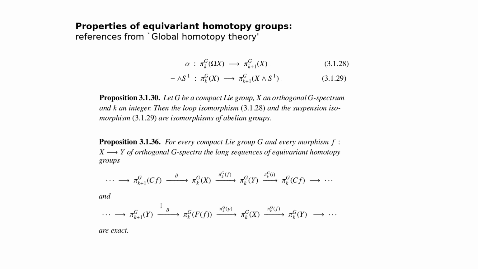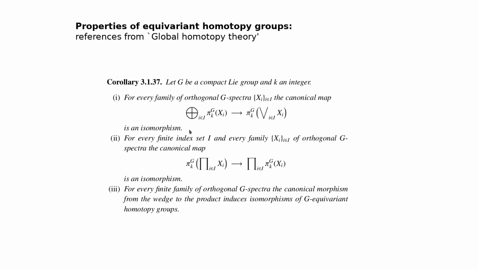The next property that I will often need is that if you have a morphism between orthogonal G spectra, then you can define both a mapping cone and a homotopy fiber by doing the space level constructions object-wise, or you really do them naturally in the functor. There are specific connecting homomorphisms or boundary maps that drop the Z grading by 1, that connect the homotopy groups of the mapping cone in one case and the homotopy groups of the homotopy fiber in the other case, with the homotopy groups of the input spectra, such that you get a long exact sequence of Z-graded equivariant homotopy groups for the mapping cone, and you get one for the homotopy fiber. This is extremely useful for 5-lemma type arguments.